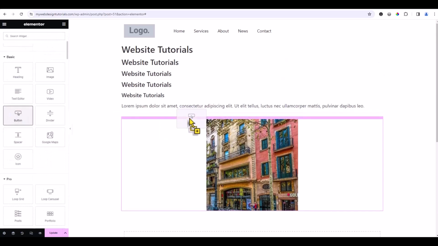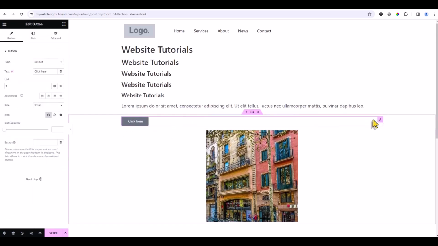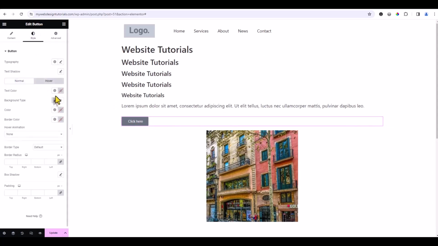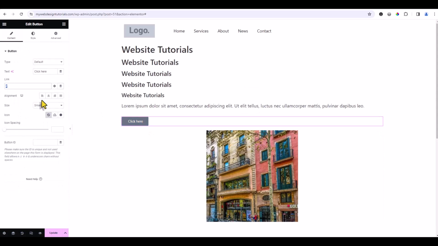Here's buttons. So I can do buttons. Now if this button doesn't have a hover, maybe I go to style, hover, and let's say I want to make it a dark blue to hover, and then you can see it just changes for me. Obviously you can put in the link to wherever that button's going to go. You can name it whatever you want to. So we'll say page builder, and then we can say go to